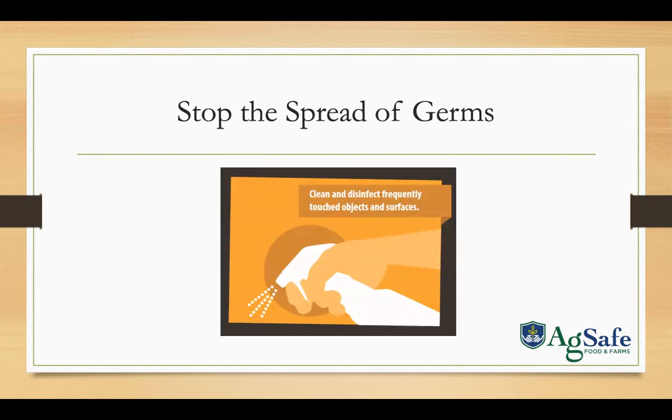Clean and disinfect frequently objects and surfaces that have been touched. It's important to ensure that in your home, in your workspace, in areas where you still may be connecting or congregating because you're providing support to elderly or other individuals in your life, you are cleaning and disinfecting both surfaces like desks, countertops, furniture, and other areas that you might touch on a regular basis, as well as other surfaces, in particular light switches, door handles, drawers, the handles of commonly used areas like refrigerators, microwaves, your TV remote control. Don't forget your cell phones or your regular home phones. Things that you come in contact with regularly, it's important to clean and